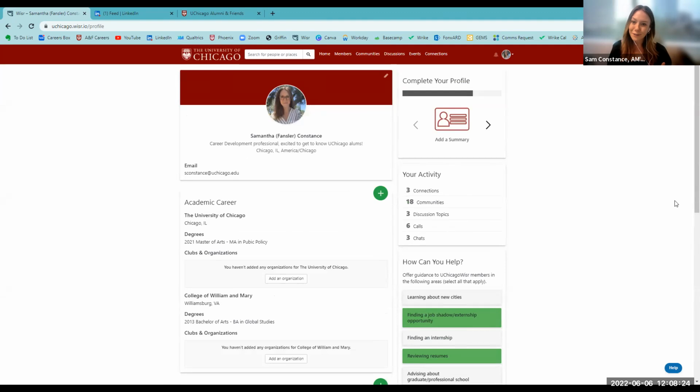So as we go through these different tools today, what I'm going to do is walk through some use cases, some case studies of what situation you might be in that it might be helpful to use Wiser or LinkedIn or the directory to accomplish the networking goals that you have set for yourself. So number one is going to be in Wiser. We're going to look at 3 different case studies. The first case study is I am moving to a new city, and I'm looking to connect with alumni in my new city, and I'm looking to grow my UChicago community there.